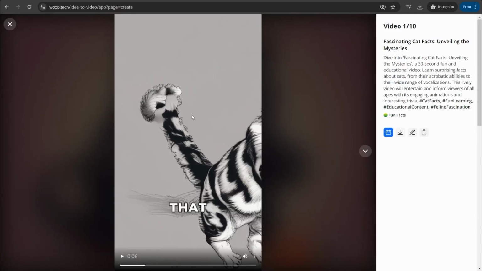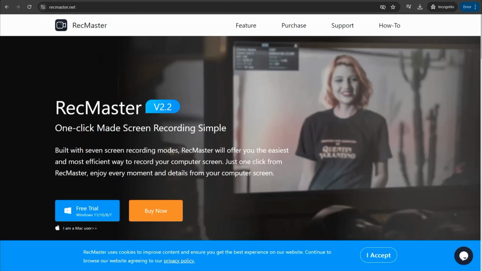Or a beautiful software like Rickmaster.net, that gives you a free plan of recording 2 minutes for free. And I'm going to show you an awesome trick to get Rickmaster for free with a lifetime license. You can